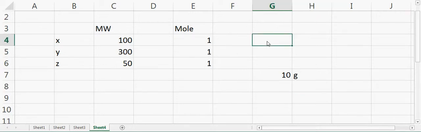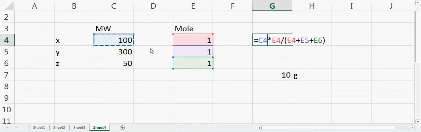So what I'll do is I'll say mole 1 plus mole 2 plus mole 3. So this is the total number of moles, and then we'll say the number of moles of x, and then we divide it by the total number. So I divide the moles of x which are required by the total number of moles which is required. This gives me the mole fraction of x, and then I multiply this by its molecular weight.